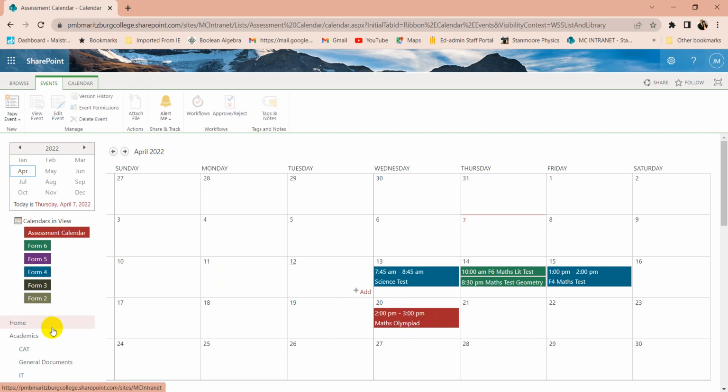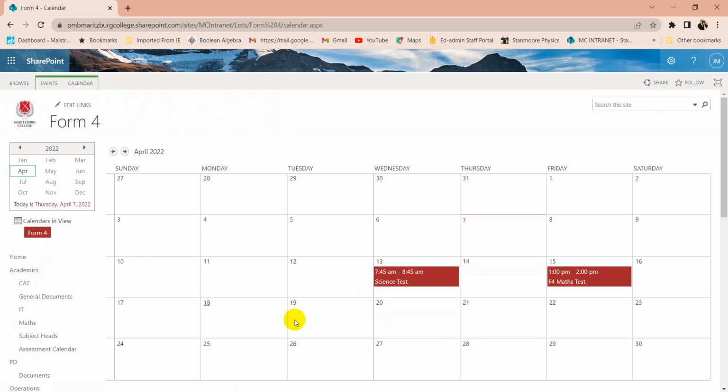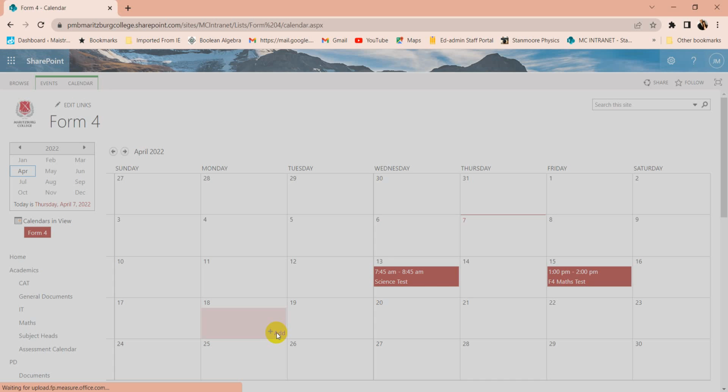So let's assume we want to enter a test in Form 4. So I would go to Form 4, click on Form 4, and you'll see I can see immediately how many tests are on. So I can see I've got quite a hectic week running here, so maybe I could now choose another date, the 18th, and to add a test, you'll go to the 18th, click on Add,